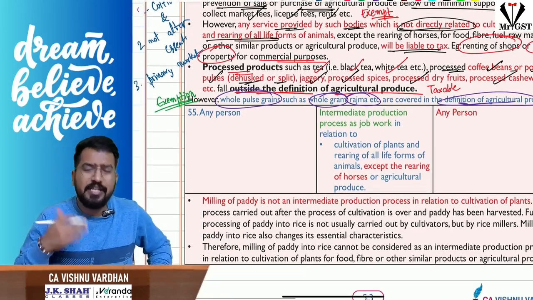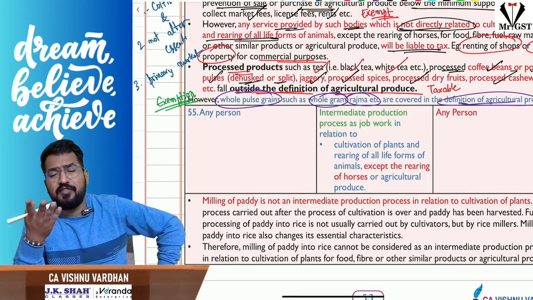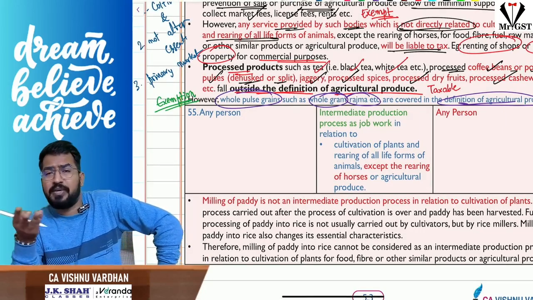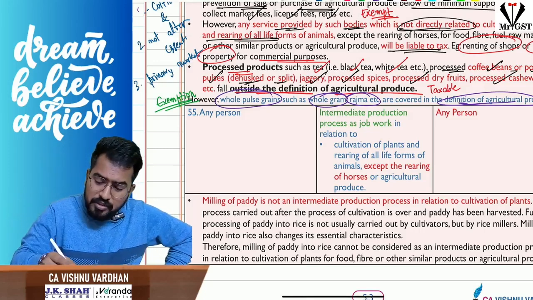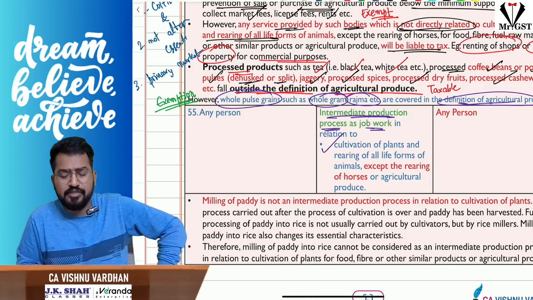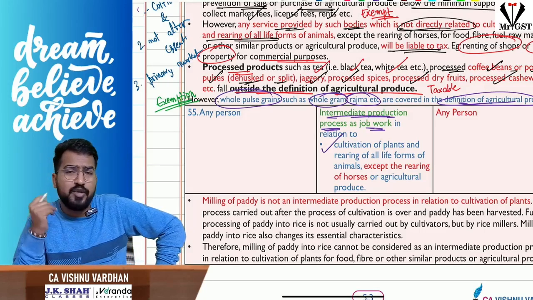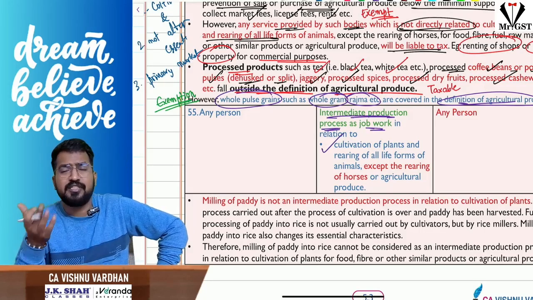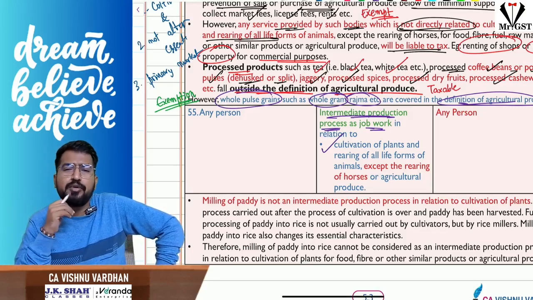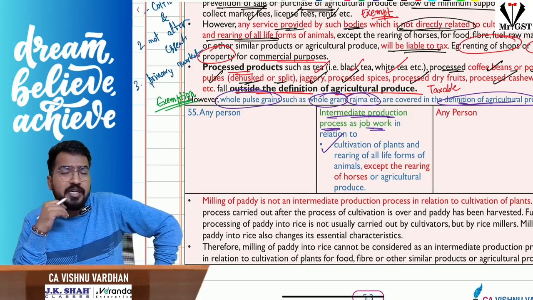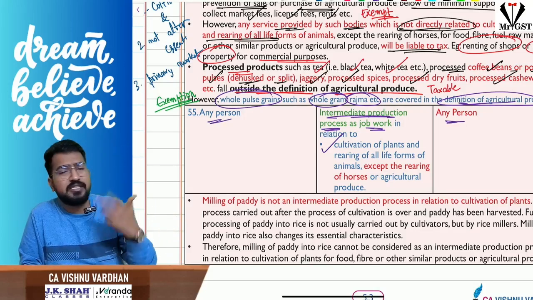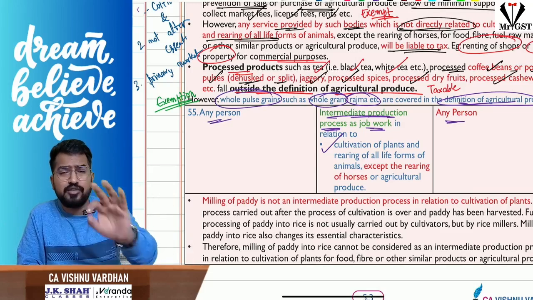And not only that, any person doing any intermediate production process is exempt. For example, I have 100-acre land and I am asking you to cultivate on behalf of me and I am paying consideration to you, exempt under GST. So intermediate production process as a job work, in relation to cultivation of plants. You might have 1,000 pigs and you are going to be busy with your exam preparation. You come and ask, Vishnu sir, will you rear these pigs on behalf of us? I said, absolutely fine, no problem. You are paying me some 100 lakhs for that and I am doing it. So any person to any person, exempt under GST: intermediate production process, cultivation of plants and also rearing of all life forms